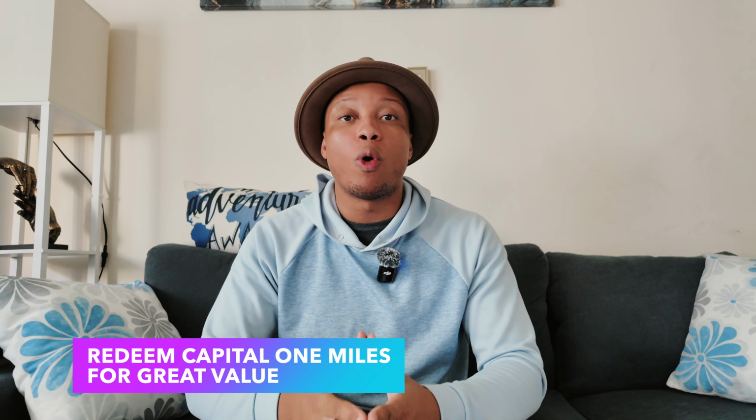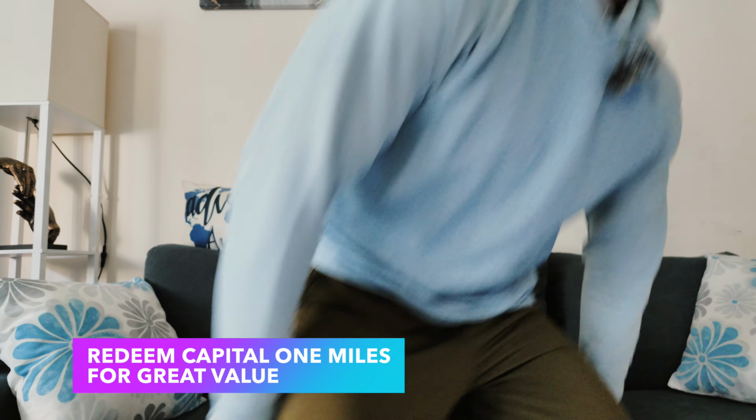So now that I've done a breakdown of the two cards and also went over my journey with Capital One, I want to show you how you can redeem the points that you get with Capital One for great value. Now, Capital One calls their points Venture Miles, and Venture Miles can be redeemed a number of different ways. Most of the ways are terrible, some of the ways aren't bad, but there's a few ways that are pretty